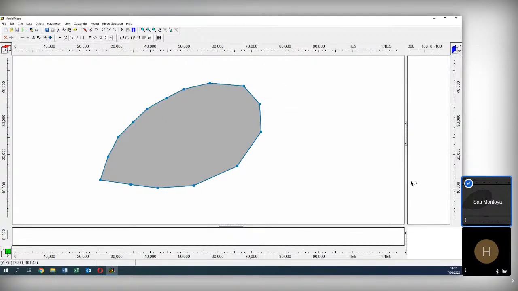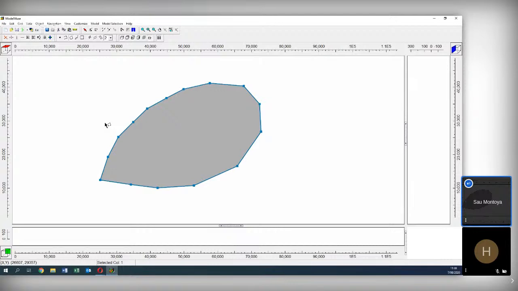Why? Because we have defined that this object defines the grid, but we haven't generated the grid. I mean, there are two phases. First, you define which objects will generate the grid, and then you generate those grids.